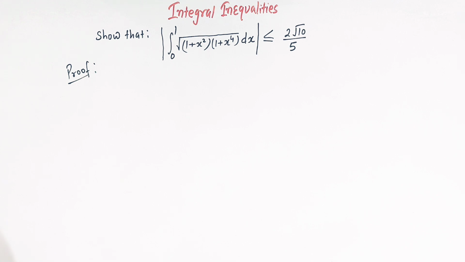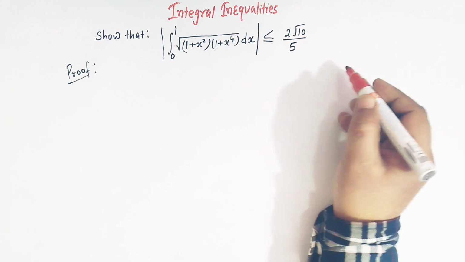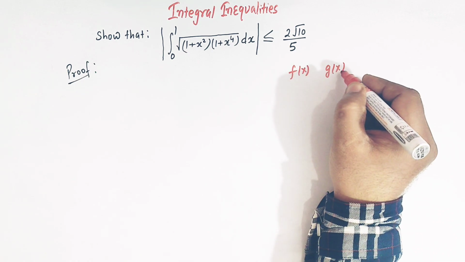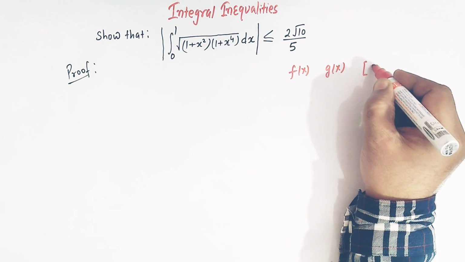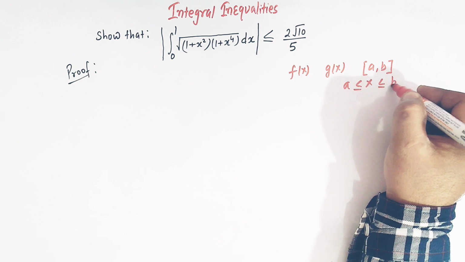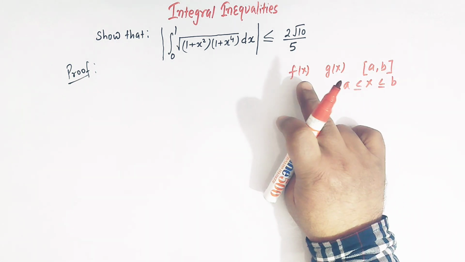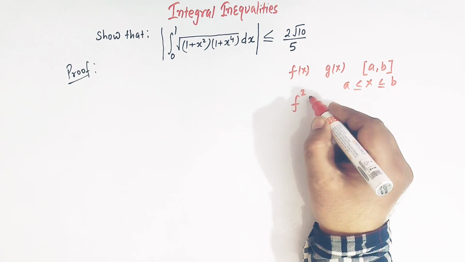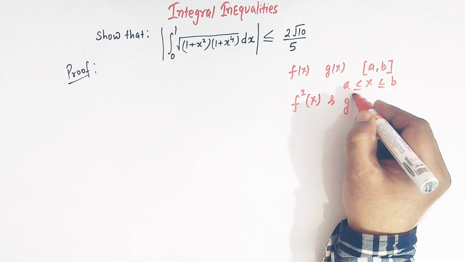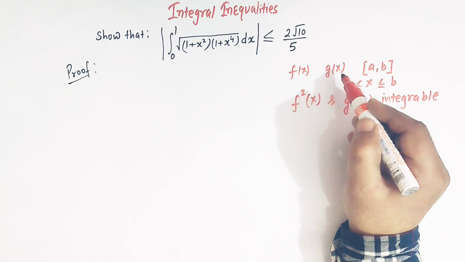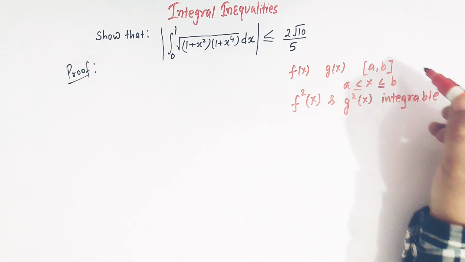So let us first see the statement of the Cauchy-Schwarz inequality. It states that if we have two functions, say f of x and g of x, and these two functions are integrable and continuous in the interval a comma b, and if the squares of these functions, that is f square x and g square x, are also integrable,